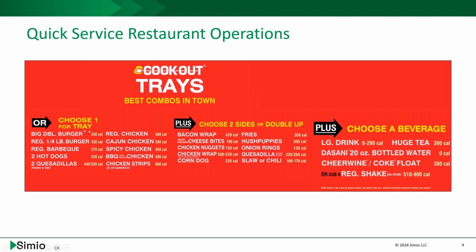And we'll talk about what this looks like when we get into Simio. We'll talk about how we would set up a data structure to have these trays modeled and going through a fast food restaurant. So I would go and get myself an entree. I would get myself a couple of sides, and then I would choose a beverage. Generally, I was a shake guy, but we'll touch on the options that exist. So you can use this as the foundation and where we're going to start from.